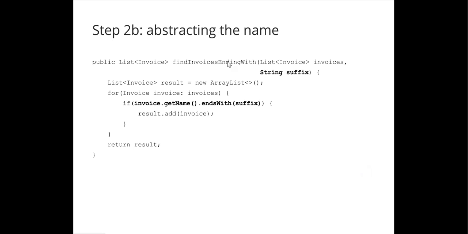Well, in that case, it's slightly more tricky because you're asking for a different property. So I don't have much choice but to duplicate this method that contains the same iteration logic, but we'll introduce a different parameter here, a different requirement change, which is a suffix. And we'll use this parameter in the body of the method to make sure that the invoice ends with that specific suffix. Does that sound reasonable to you, Richard?